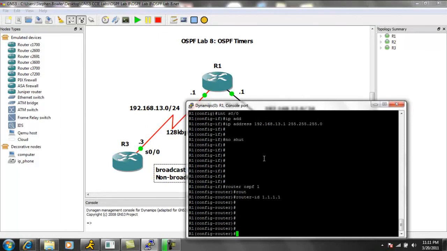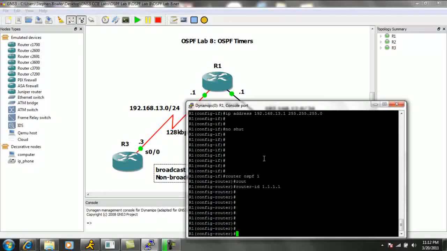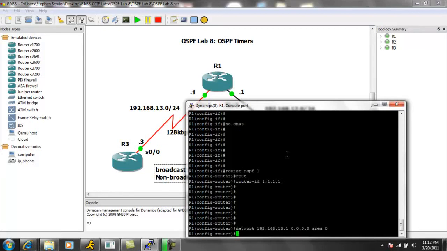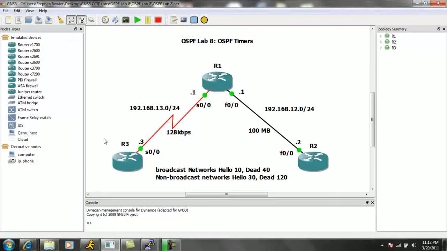And the next thing we're going to do on R1 is, under OSPF process 1, we'll advertise the network 192.168.13.1 into area 0. So this is a pretty flat network design. All of the interfaces are going to be in area 0 in this lab. So there's really no need to segregate the